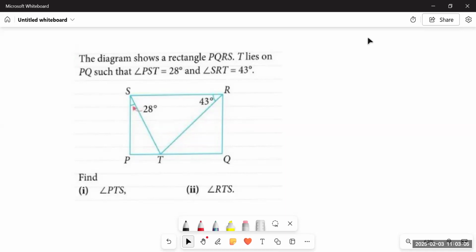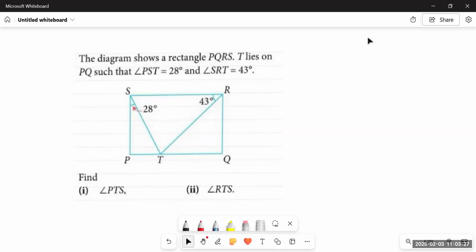Think New Syllabus Mathematics. Once again, I'm with chapter number 11. In this exercise today, we are going to talk about 11B, about quadrilaterals. We have already discussed some of the properties of rectangles, triangles, vertically opposite angles, complementary angles, and supplementary angles. Now we are going to talk something more about these types of angles and quadrilaterals in this video.